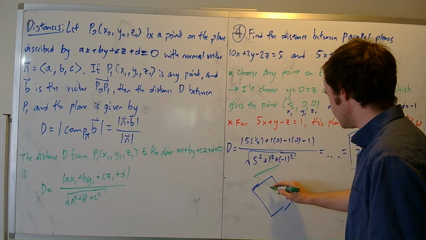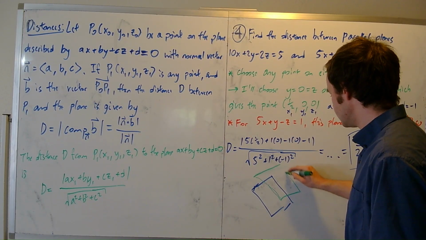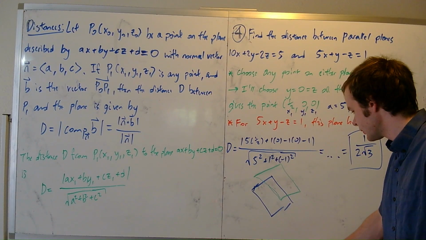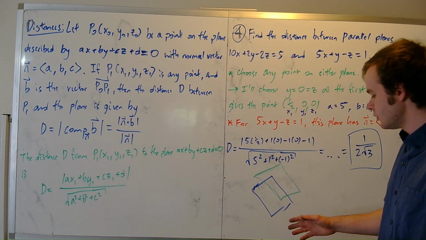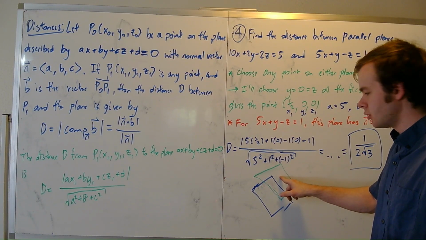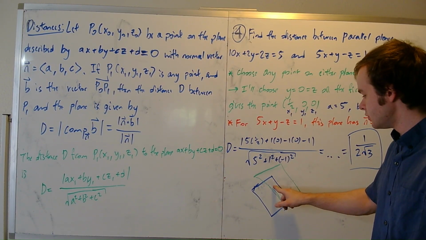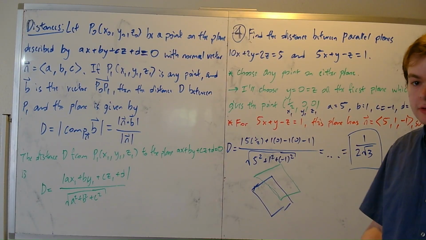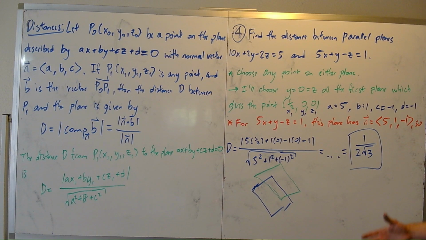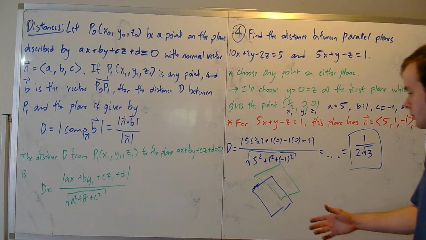Let me draw two parallel planes roughly. Okay, so imagine these two are parallel, which is kind of hard to see, but what that means is no matter which point I pick on the green plane, its closest neighbor is going to be exactly the distance between the two planes. If these planes weren't parallel, then it would actually matter which 2 points you picked, because